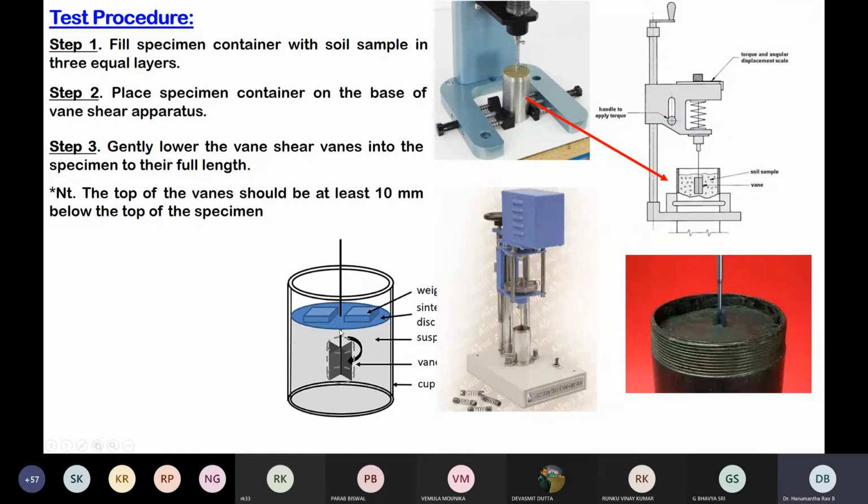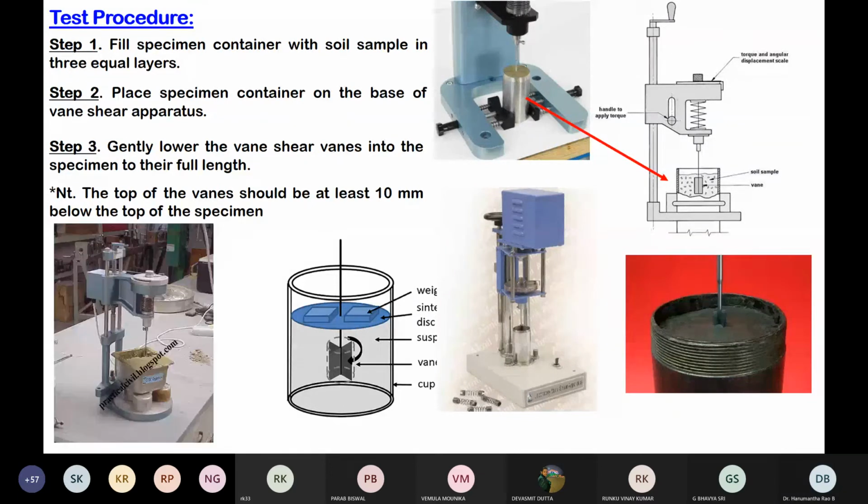So this is an elaborated diagram, showing you the top of the soil sample and the blade position. As I told, usually the Vane shear test is conducted by filling the soil sample in a small cylindrical mold whose geometry is 35 by 70. But it doesn't mean that the shear test has to be conducted only on this small soil sample. In fact, you can also take a bit larger soil sample depending upon your requirement. So there is no limitation as such.